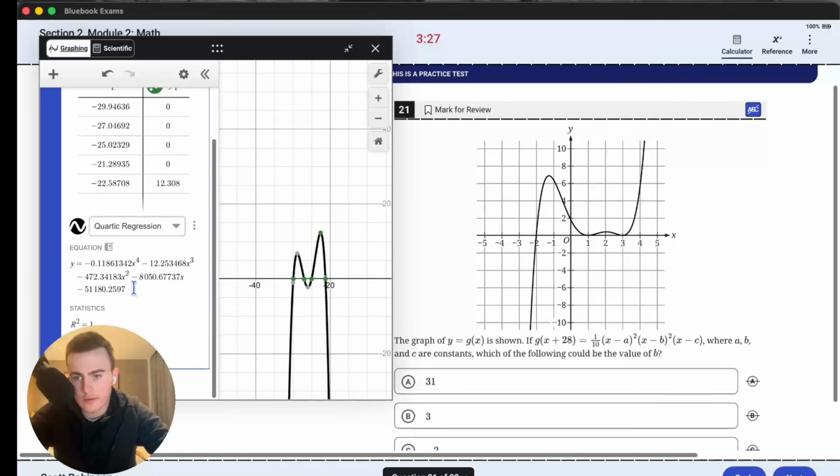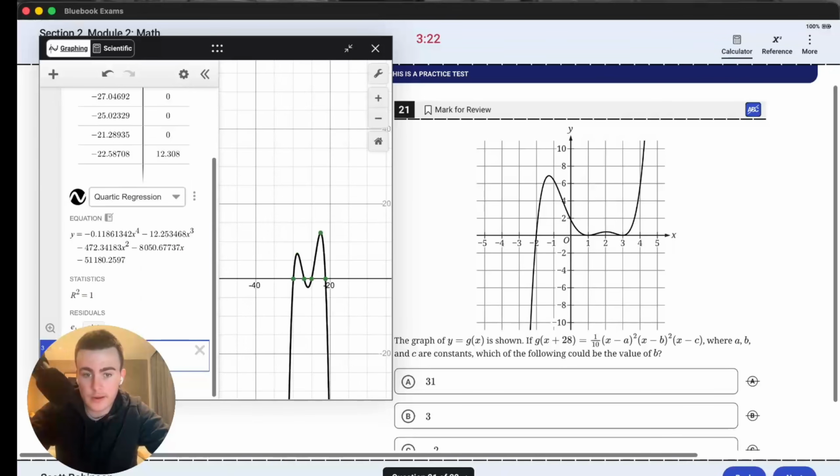Quadratic. Oh god, I'm so fried. Okay, let's start by plugging that side over here in. 1 over 10 x1 minus a squared x1 minus b squared x1 minus c, and then we want to set it equal to that side here. So it's going to be negative 0.118661342 x1 to the fourth